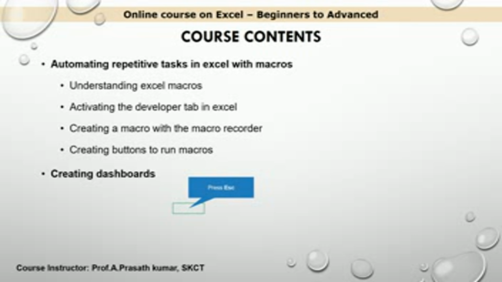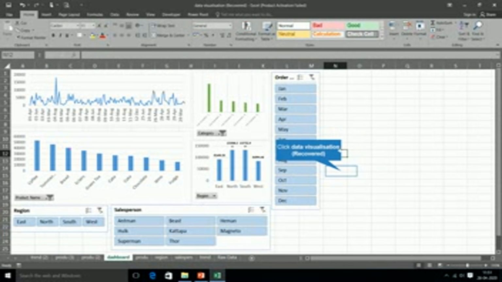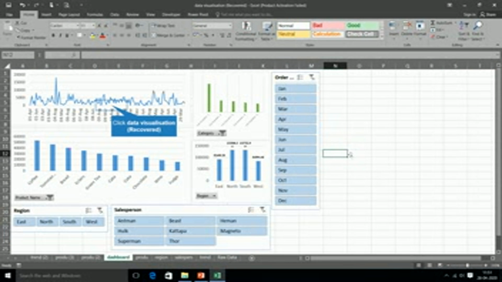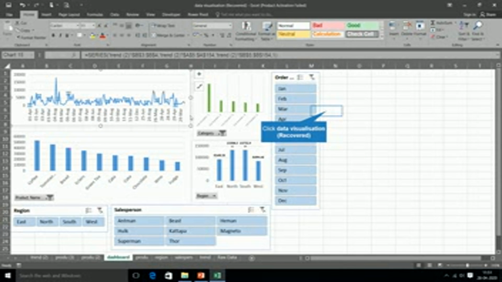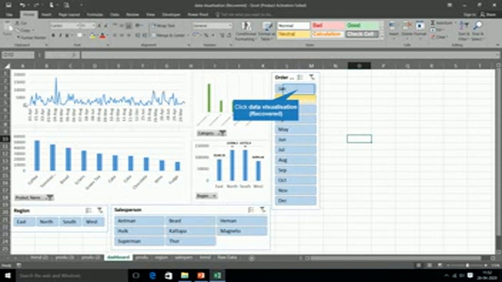And by the end of this course, you will be able to create interactive dashboards. So let me show you a small example of how these interactive dashboards will work. Here we have a small interactive dashboard which we have created using sales data from a retail outlet. The sales data taken for creating this dashboard is one year. So one year of sales data is taken, and we have depicted the entire sales data in a pictorial representation.